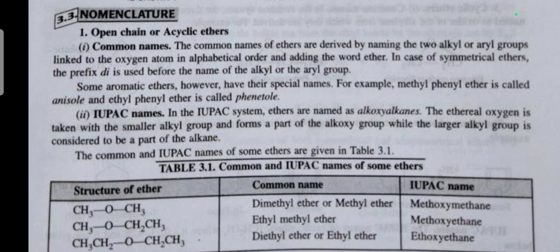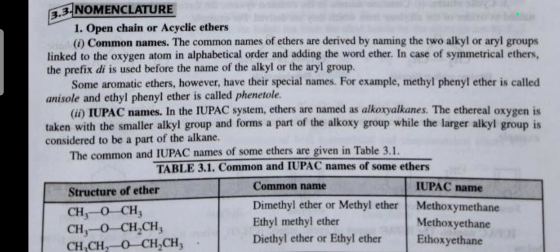Nomenclature. First, open chain or acyclic ether. Common names. The common names of ethers are derived by naming the two alkyl or aryl groups linked to the oxygen atom in alphabetical order and adding the word ether. In case of symmetrical ethers, the prefix di is used before the name of the alkyl or aryl group. Some aromatic ethers, however, have their special names. For example, methyl phenyl ether is called anisole and ethyl phenyl ether is called